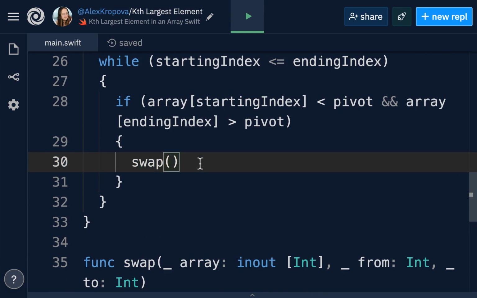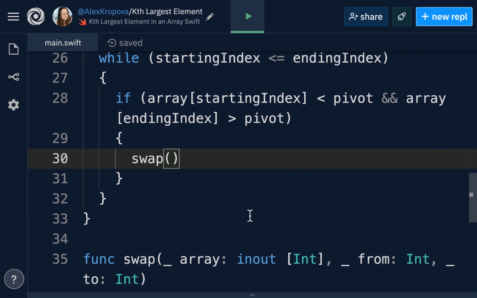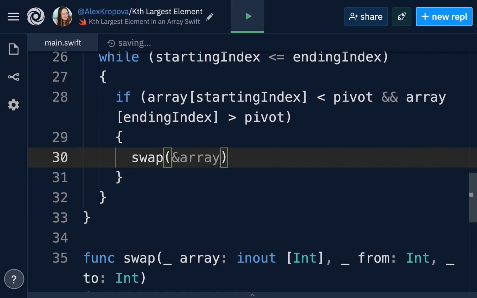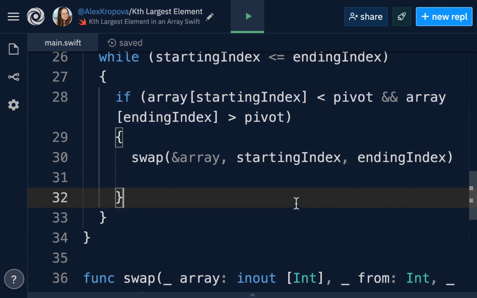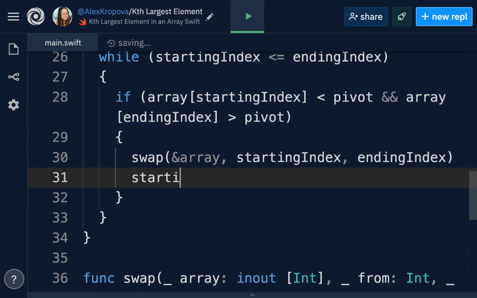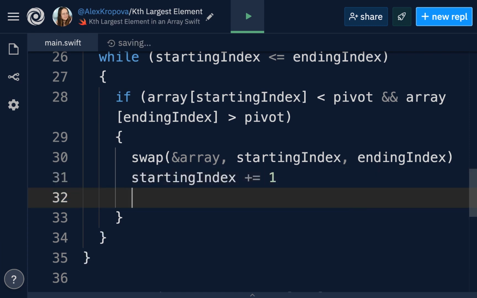We can come back up here and we can fill in those parameters with the required arguments for the swapping function. So for the swapping function, we're going to need to put in the array, as well as the starting index as the from value and the ending index as the to value. And remember, we're only swapping if we need to, which is why we have that condition there. Then we will take the starting index and increment it by 1. This way, we're going deeper into the array in order to check the swapping. And we'll also take the ending index and decrement it by 1. So doing the reverse, because the ending index is at the last value in the array.